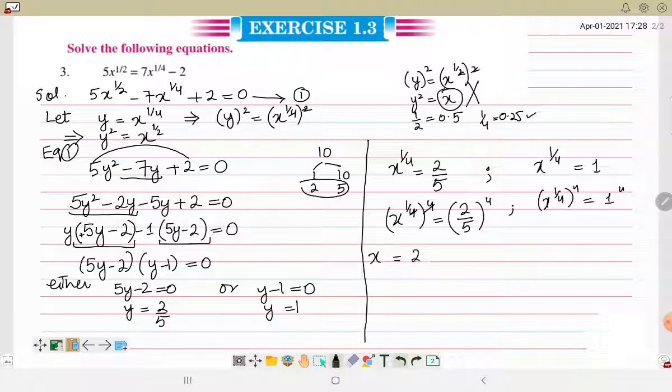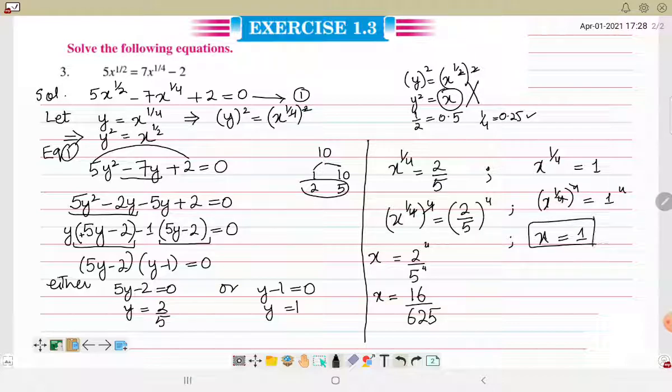And by the law of exponents, we can distribute power to both numerator and denominator. So we got 2 raised to power 4, which means you have to multiply 2 four times. 2 into 2 into 2 into 2, that becomes 16. And we have to multiply 5 four times, which becomes 625. So here again for the second factor, let's solve. 4 will get cancelled by 4. We are left with x, and 1 की जितनी भी पावर्स हो जाएँ तो 1 को आप उतनी दफ़ा मल्टीप्लाई करें, answer will remain 1.